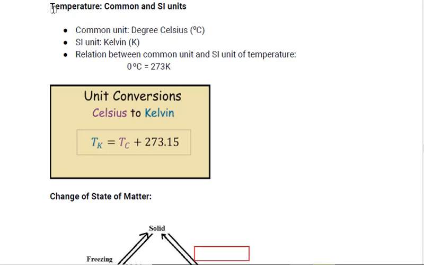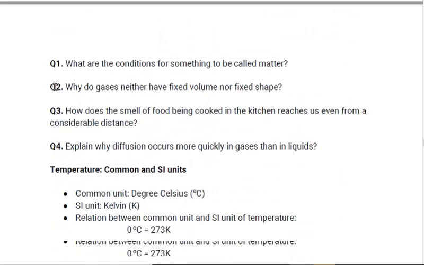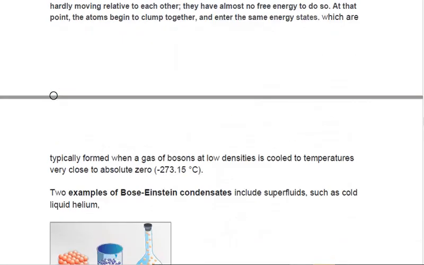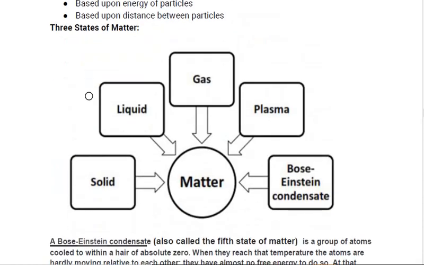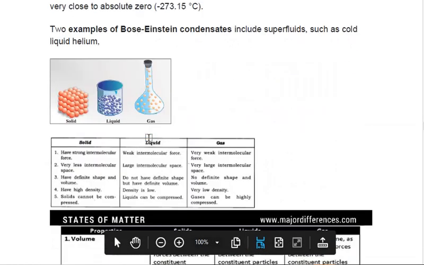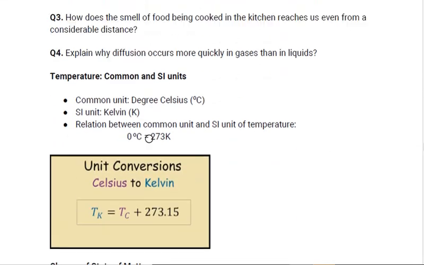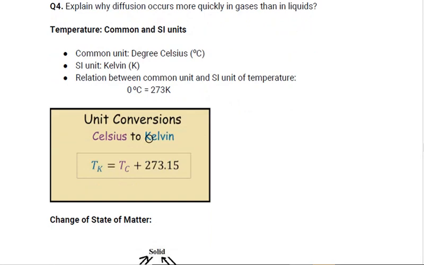So today we will start the effect of temperature and pressure on the change of state of matter. Yesterday we started the states of matter: solid, liquid and gas. So how does a solid change into liquid, liquid into gas, gas into liquid, liquid into solid? Among the three states, how do they change? What are the factors that change the state of matter? Today we will see. There are two factors, temperature and pressure.